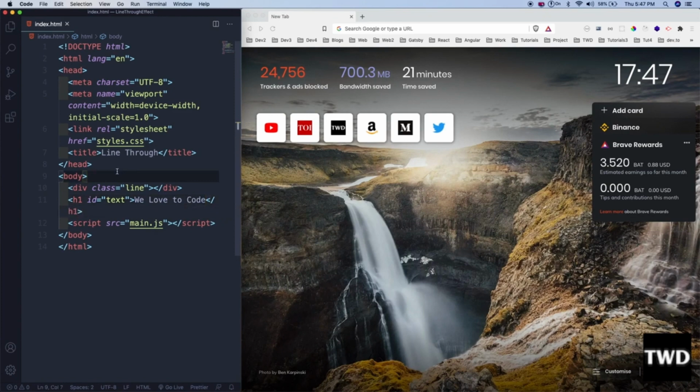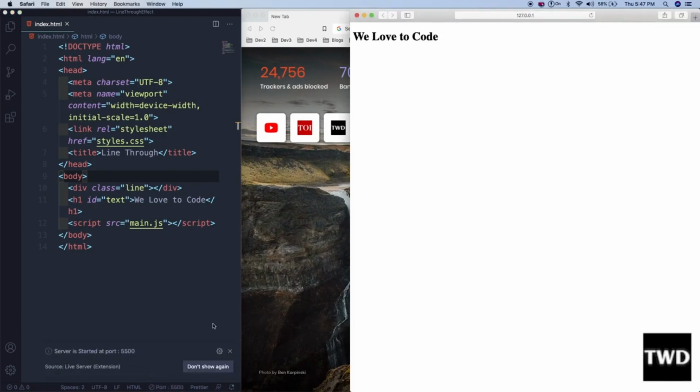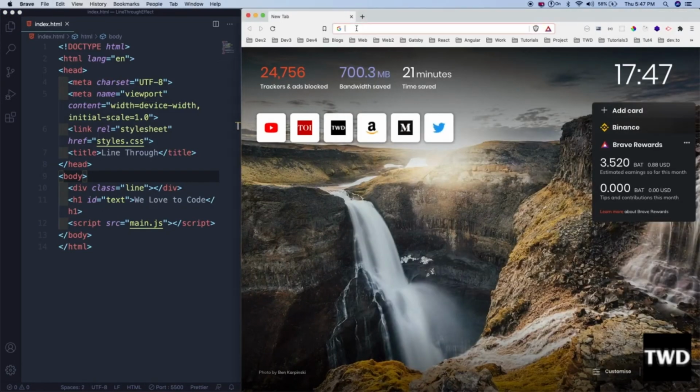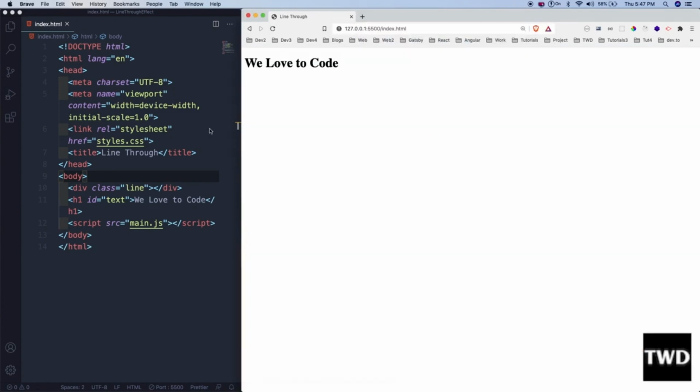So let me save it, and let me start it with the live server, the famous plugin for opening any HTML project. So to open here, let me go here. Okay, so it is looking like this right now. So nothing is there, just an h1 is there. So let me quickly, now I will go to